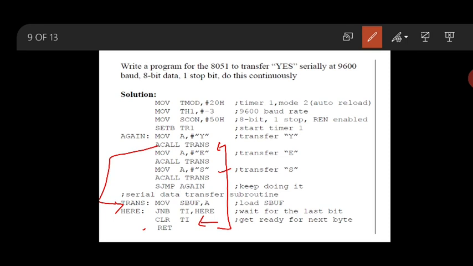You can see this YES at the UART terminal. Let us say that if you want to transmit something like HELLO, what you can do here? Copy H into the accumulator, call the timer, copy E into the accumulator, call the timer, copy L into the accumulator, call the timer, copy L into the accumulator, call the timer, copy O into the accumulator, call the timer.